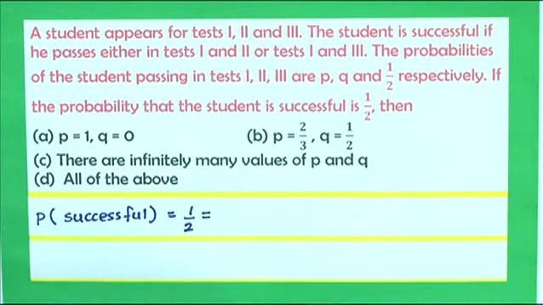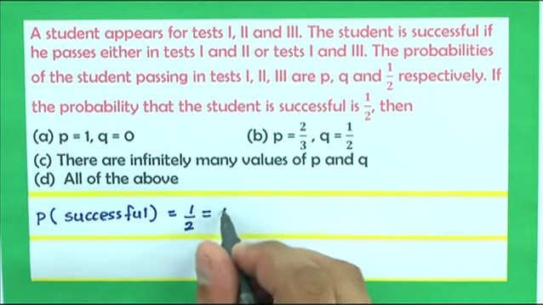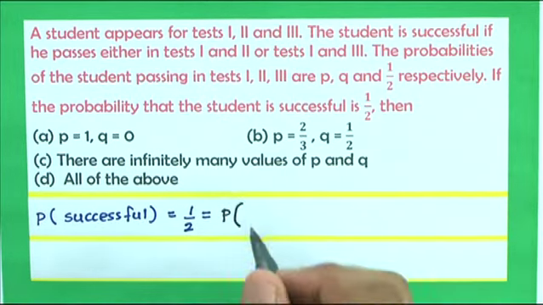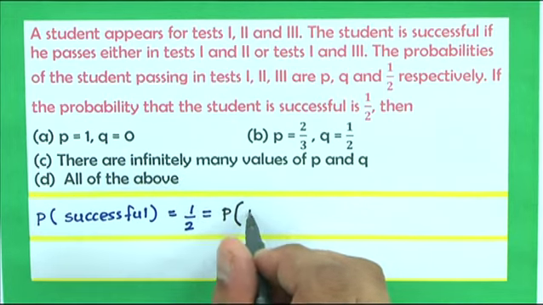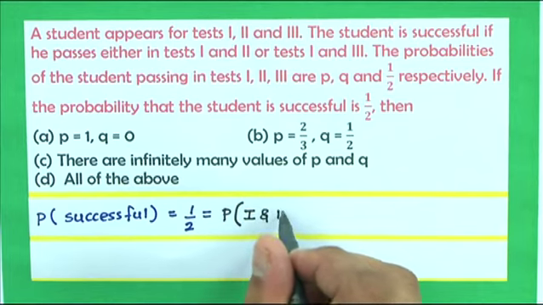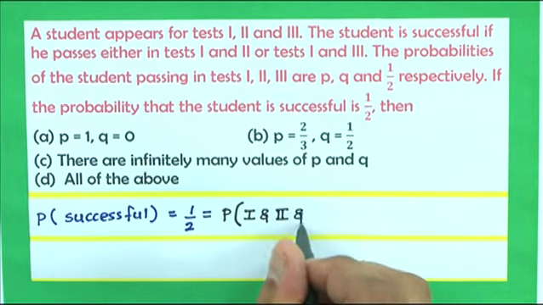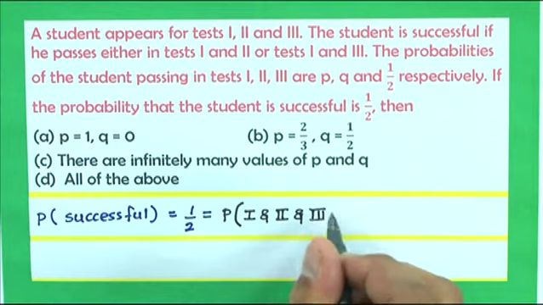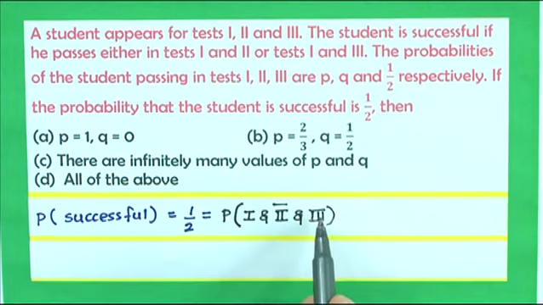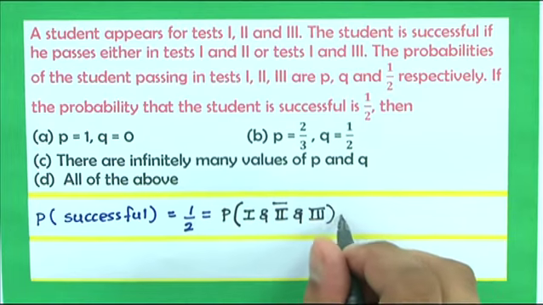Now he will be successful if he passes in the first test and fails in the second test and passes in the third test. This is one of the cases in which he will be still successful, passing in the first test and the third test but failing in the second test. That's still okay. Or